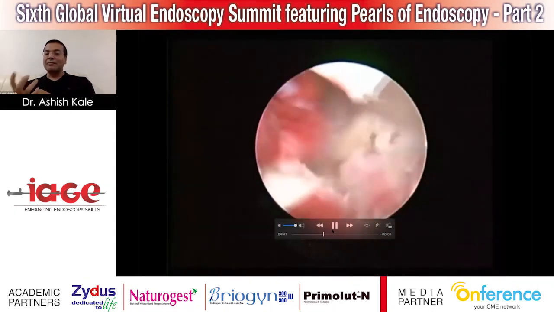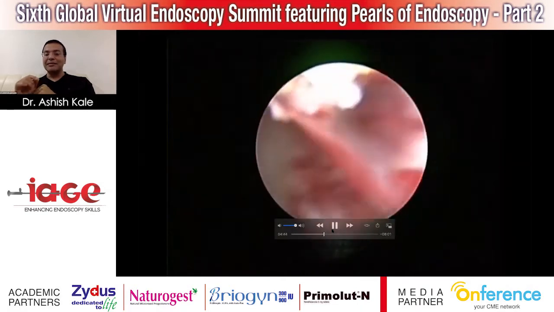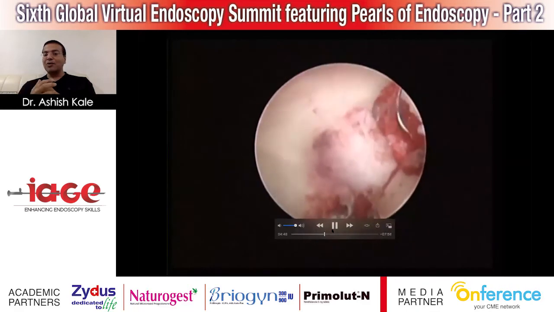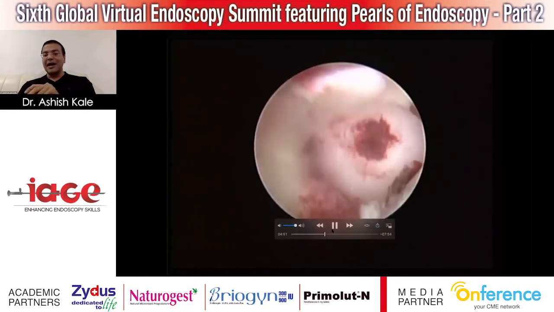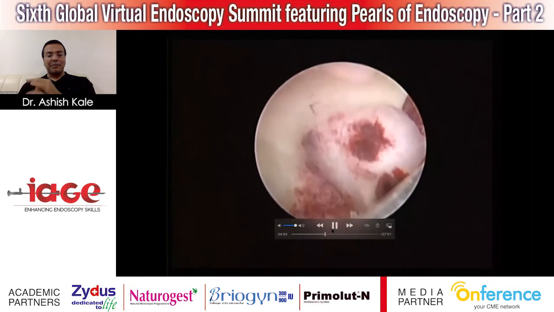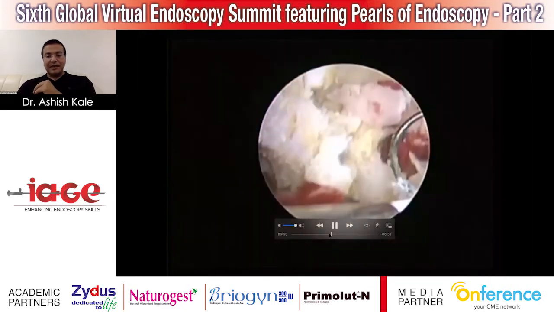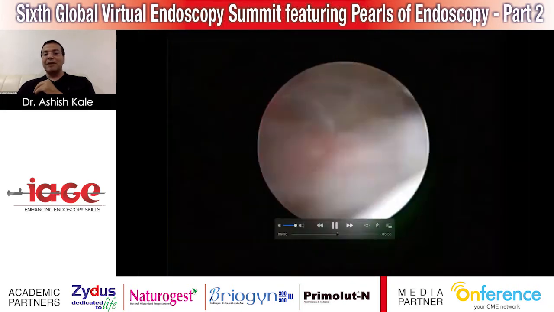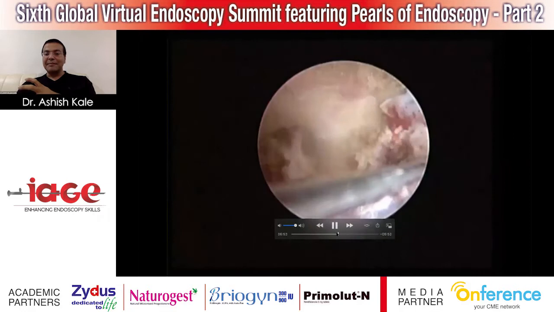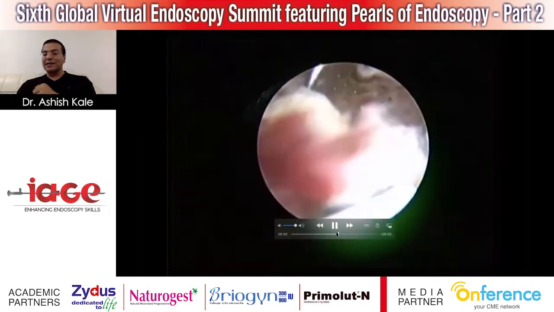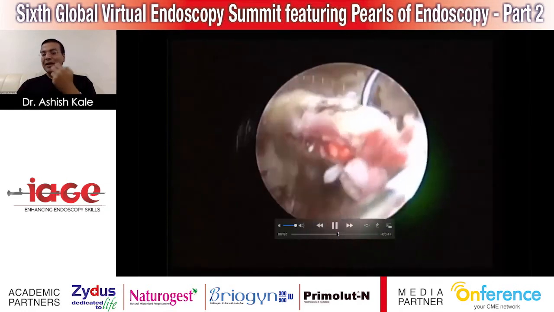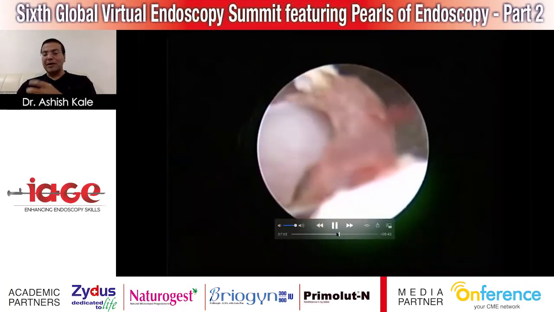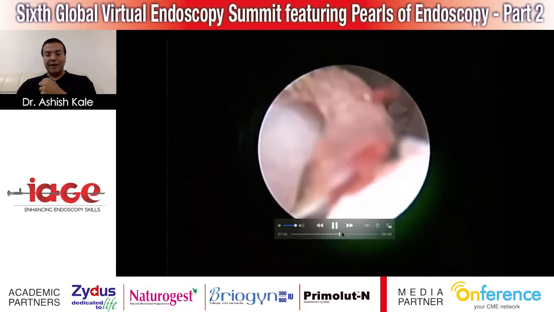Secondly, about the bleeding points. If you see a trickle coming up, like here, the same bipolar hook can be used to tackle the bleeding, and you can control the bleeding points. So I was talking about this particular thing. When you are working on the myomas and there is bleeding, it can be tackled by applying pressure, or you can increase the pressure, complete the job, or use this bipolar resectoscope to control the bleeding point.